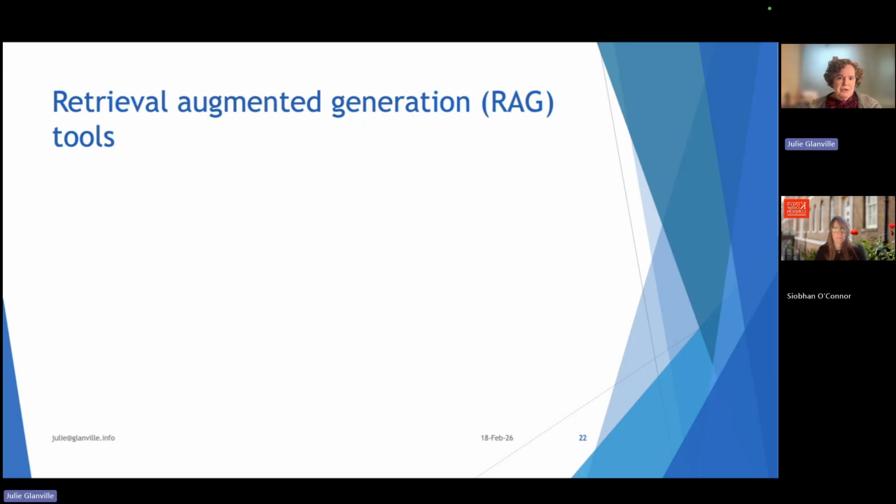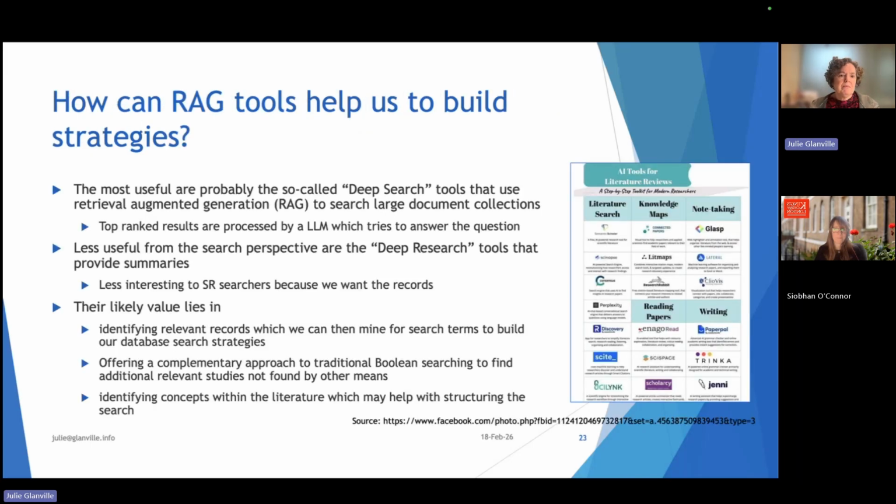Right, I'm going to move on to retrieval augmented generation tools. These are tools that have various labels, but some people are now calling them deep search tools. So what these are are tools that use a variety of search methods to search large public document collections. And then with most of these tools,